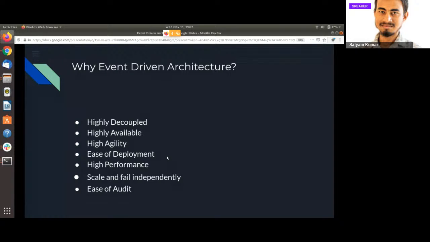Suppose we are not using the event driven architecture, what would happen? There is a single large system, and if one part of that large system fails, it will result in crashing the entire system, and the end result will be that the users or the modules which are using that application will find that the entire system has crashed. But in an event driven system, the chances of the end user finding out about the failure of a particular system are very low.